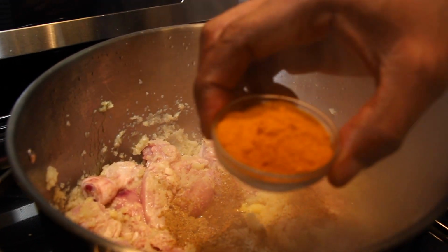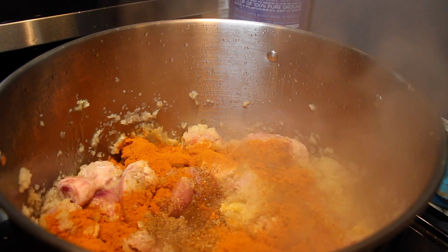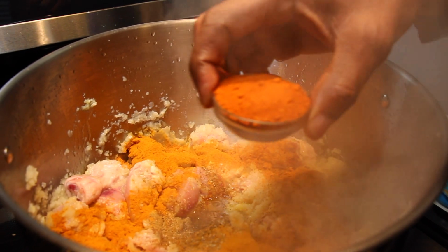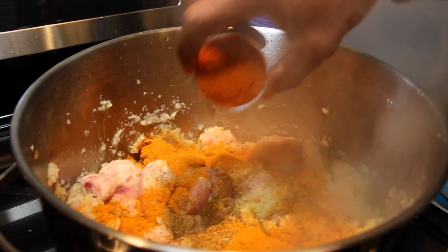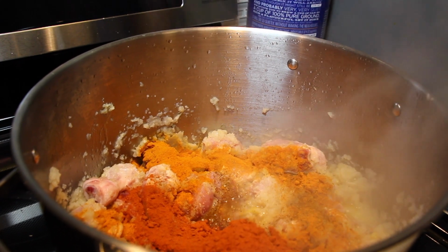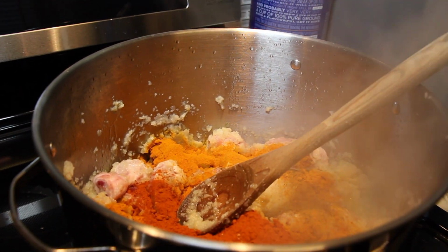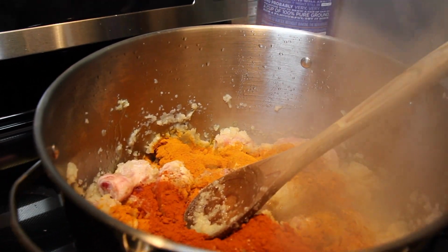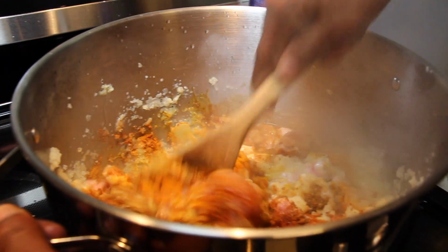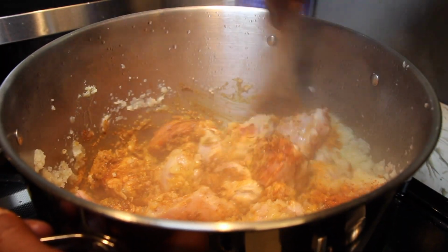I got the turmeric. See that, all that goodies, all the good stuff. I got the Ethiopian pepper. I can always add more if necessary, okay? So that's enough because I'm eating with the kids. Okay, let's mix all this good stuff together. Once I do that,